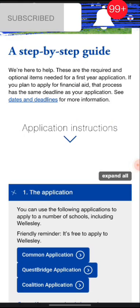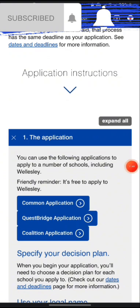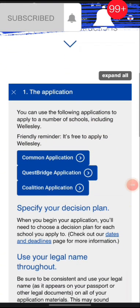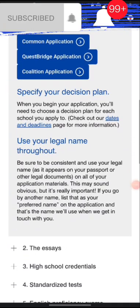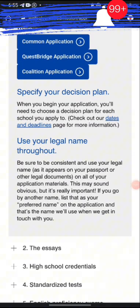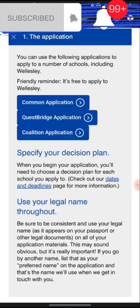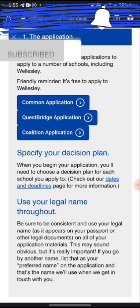Okay, the first thing is the application itself. Like I said earlier, you can apply in 3 major ways, which is either using the Common App, or using QuestBridge, or using Coalition. Friendly reminder, it is free to apply to this college. It is important that they also give us that information so that we don't forget. Whatever the case might be, you want to make sure you submit your application as soon as you